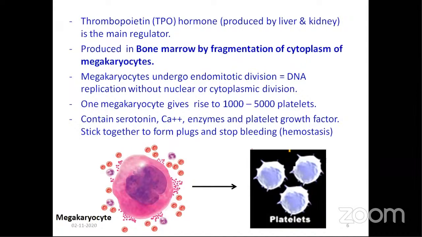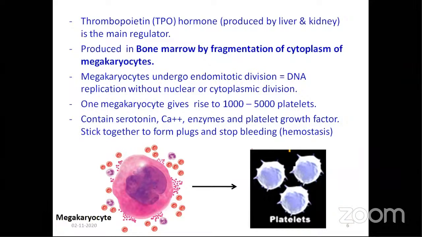And these platelets contain at least 13 to 20 clotting factors which promote clotting of blood, and they also contain certain molecules which are very important to the process of clotting and platelet plug formation, and they include serotonin. And for every stage in the clotting process, there is an ion which is required, and this is calcium.